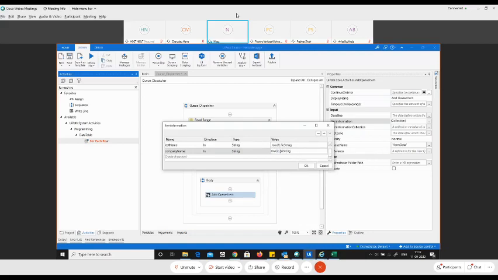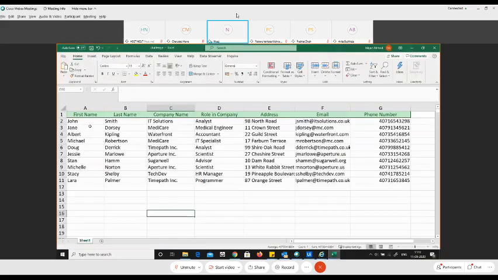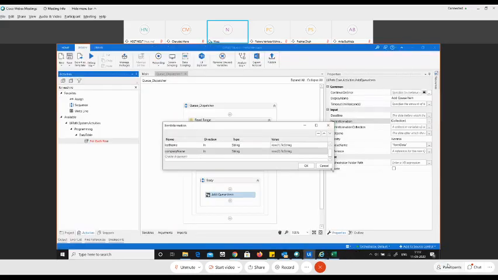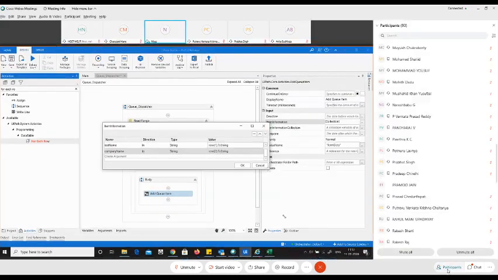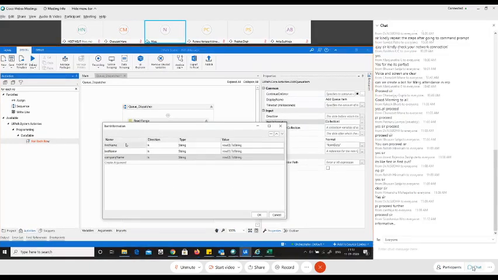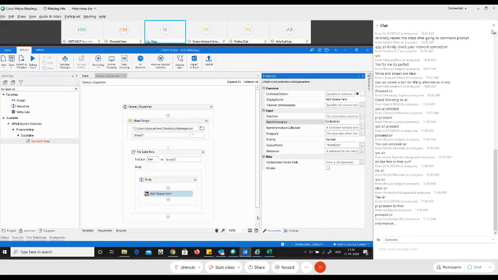Given the interest of time, from this Excel sheet I'll only take first name, last name, and company name. That's it. Let us skip the rest. So you can add more arguments and do it in the same way. We have done it for three values: first name, last name, and company name. Okay, we are done. Sorted.